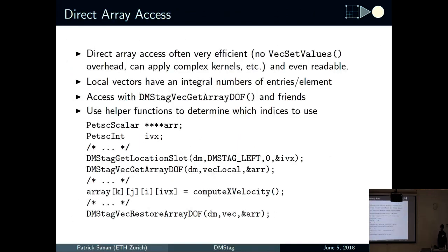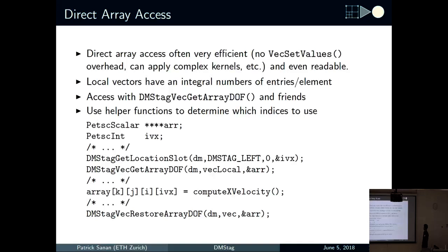It might not be the most efficient, though, so just like with DMDA, I also propose a direct array access to DMStag vector data. So I implement DMStagVecGetArrayDOF, which is similar to DMDAVecGetArrayDOF. Perhaps that name is a bit confusing, but it operates in much the same way. And then it gives me a raw pointer to a multi-dimensional array, which I can use to access my points. And of course, this works in a low overhead way because I've defined the local points to have a sort of integral number of elements worth of data